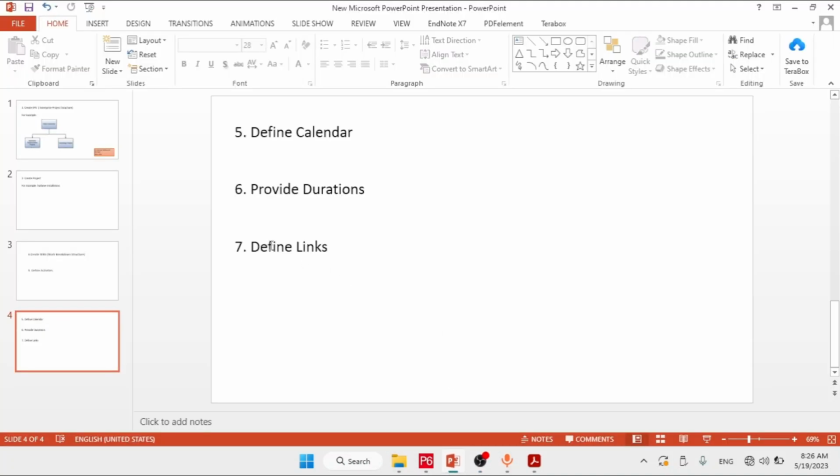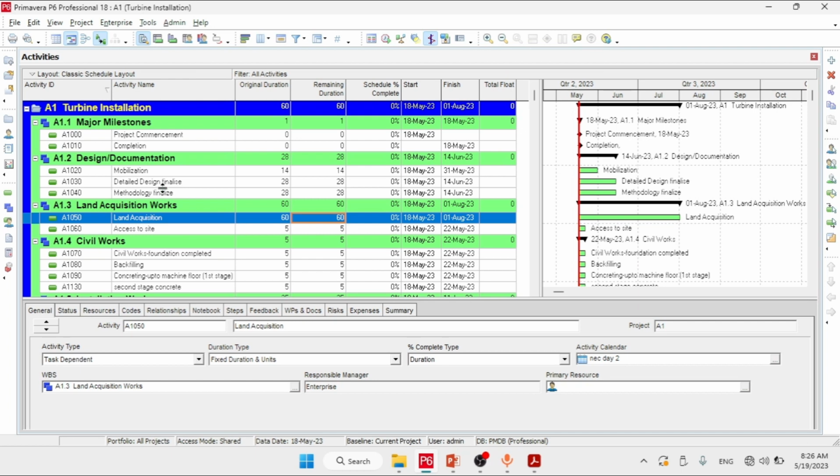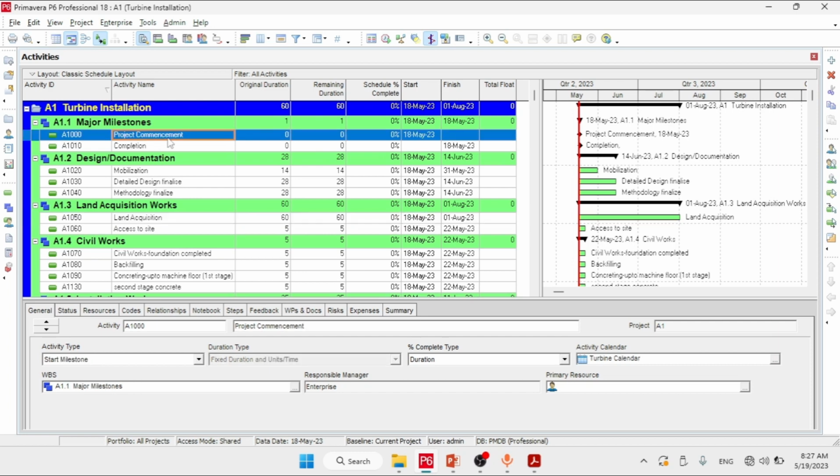So in this video, we are going to learn to define the link between the activities. In our previous video, we defined the activities and the calendar. In this video, we are going to define the link between these activities. Before defining the link, at first we have to change the default calendar, and for the project commencement, we